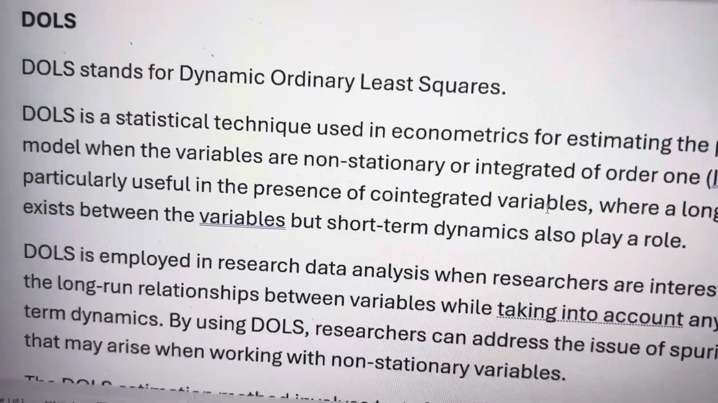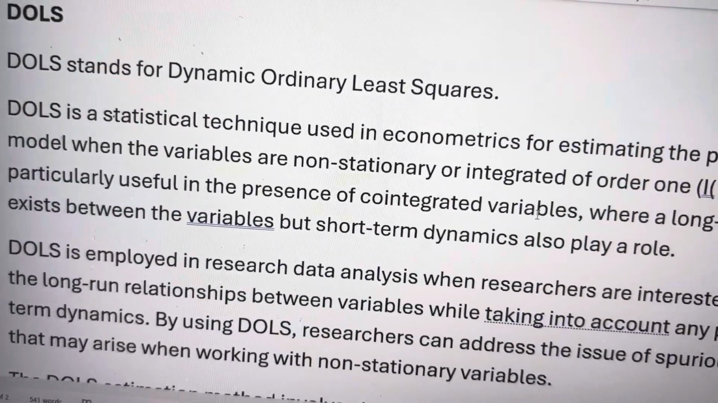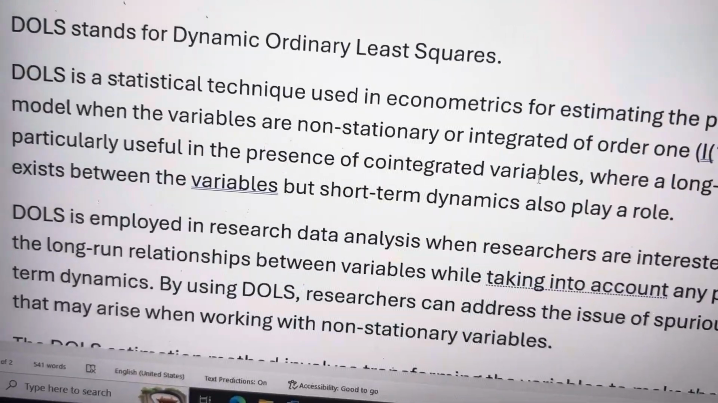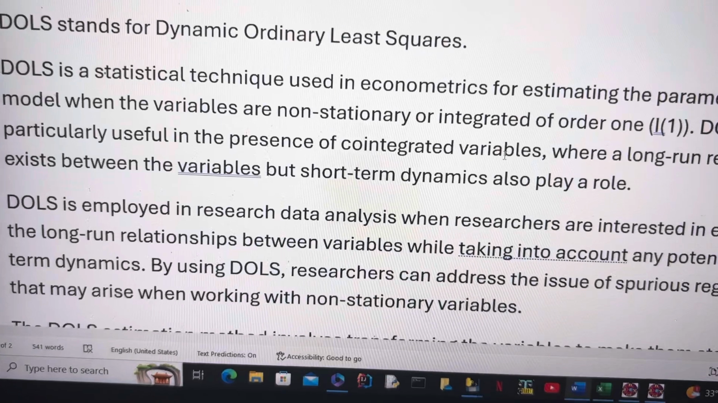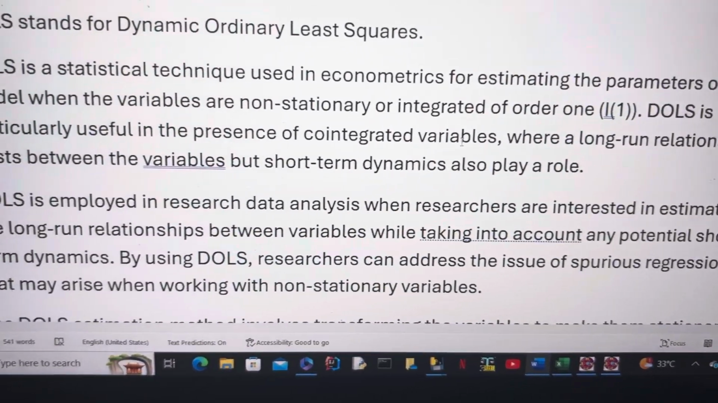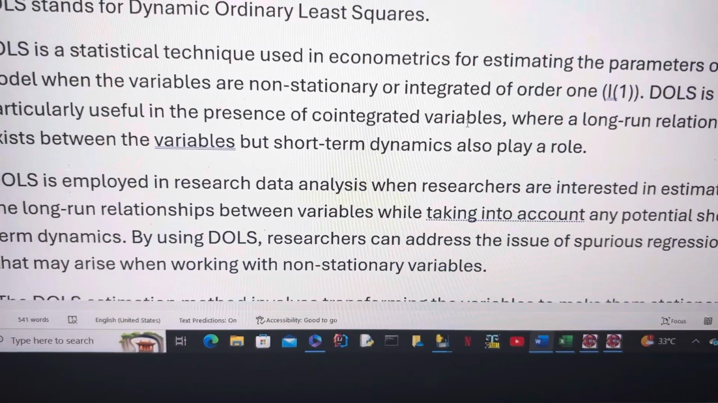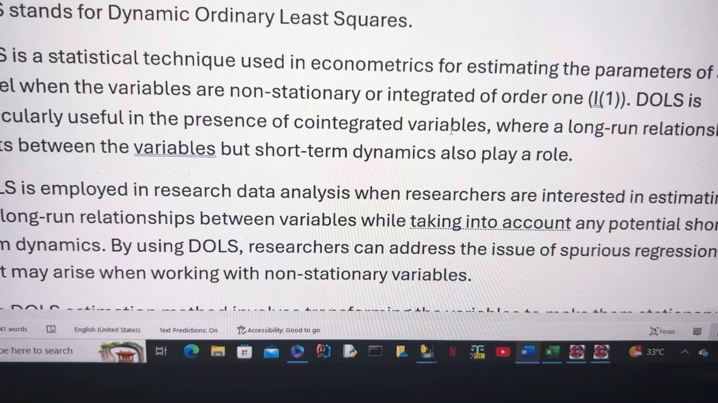Let's now talk about the DOLS. What is DOLS? DOLS stands for Dynamic Ordinary Least Square. DOLS is a statistical technique used in econometrics for estimating the parameters of a model when the variables are non-stationary or integrated